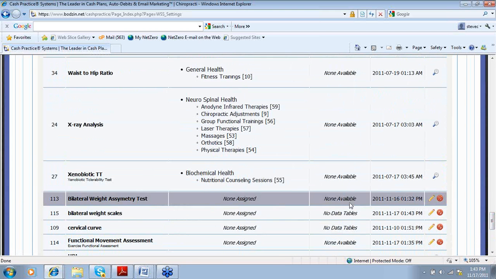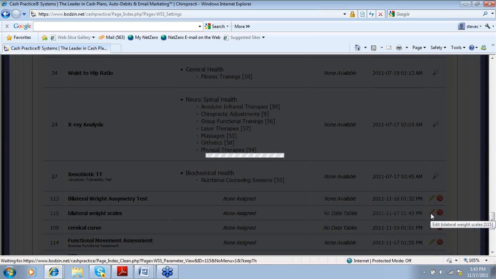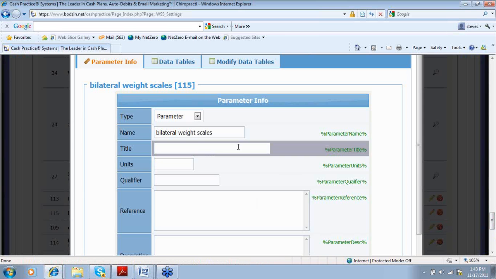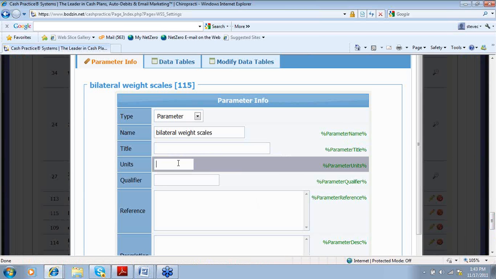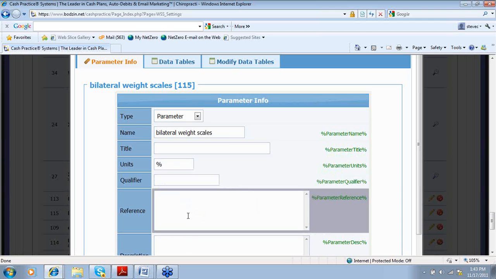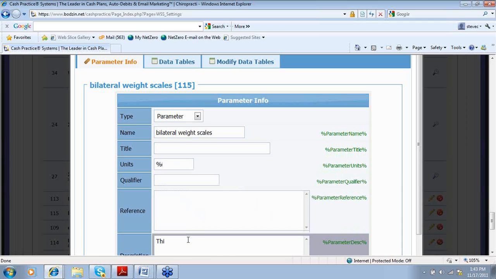We come down, and now we'll actually build the table. Again, you can change the title. Here we're going to go with a percentage, so basically it's going to be a difference in the scales. Basically this is a way to show